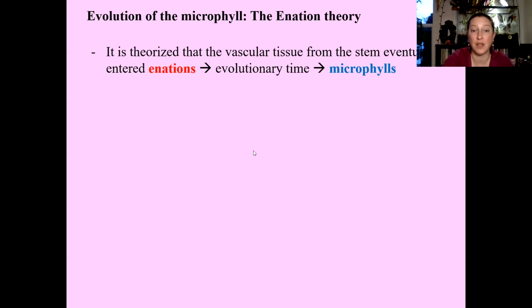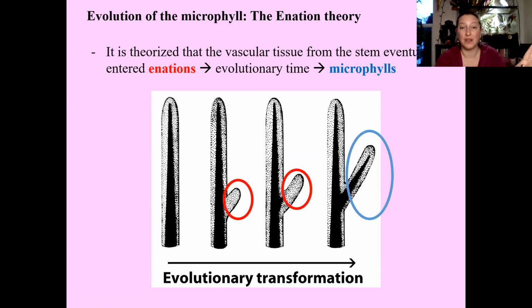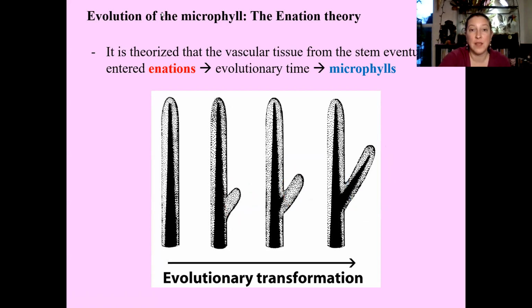So what that might look like is something like this. Here is evolutionary time on the left. Here, this is a stem. This is a stem. Here, this is a stem. All of these things going up are stems. And then this little bud here is an enation. And so you can see this vascular tissue, first,